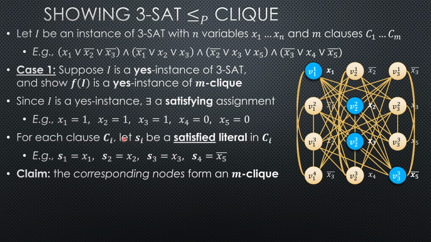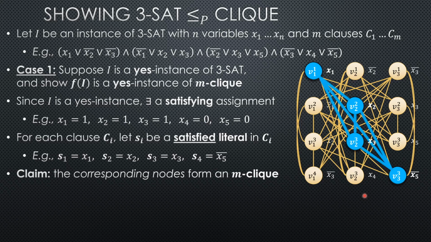So here, for example, in our example, here are the nodes that correspond to those satisfied literals. So here's not x5, here's x3, here's x2, here's x1. And in particular, we're saying this is the x1 in clause 1. This is the x2 in clause 2. This is the x3 in clause 3. Because there's an x3 in clause 2 as well, but it's the x3 in clause 3. That's the one that's satisfied. That's the literal that's satisfied in clause 3, right? And then the not x5 in clause 4 is the thing that satisfies clause 4. So highlight all those nodes, and you'll notice that in our example, those do form a clique,